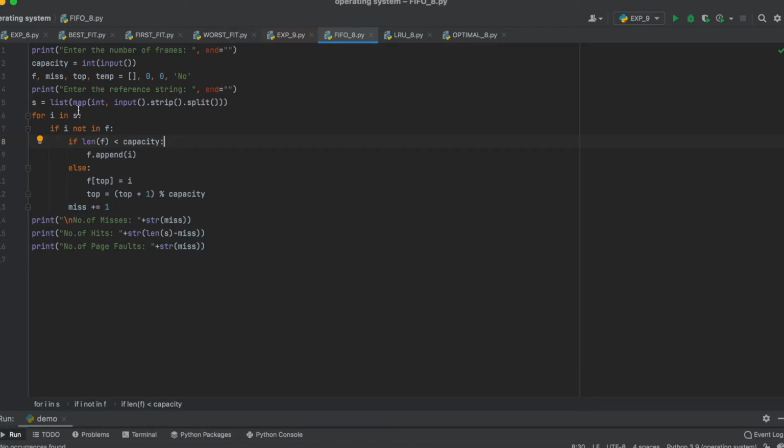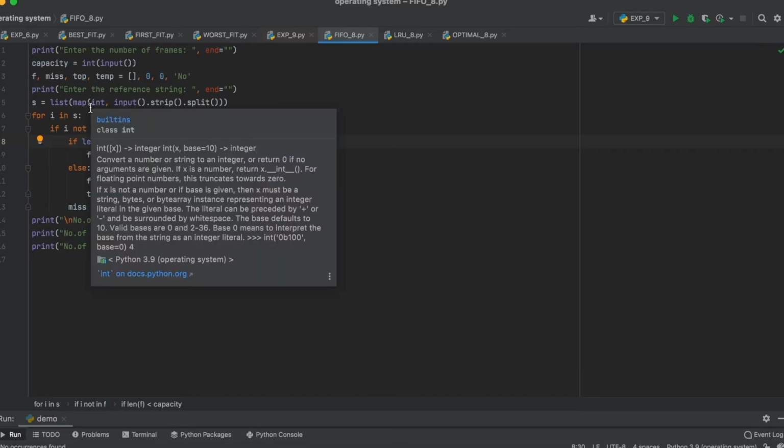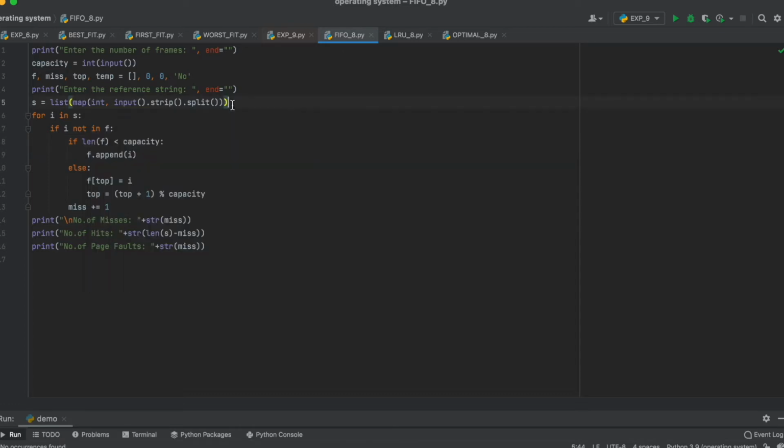So s equals list of map int, input strip split. Whatever we enter, if it is continuous, we need to enter it separately. Then it will be split, taking an individual input from the list. So for i in s, s is nothing but the letters of the string we enter.